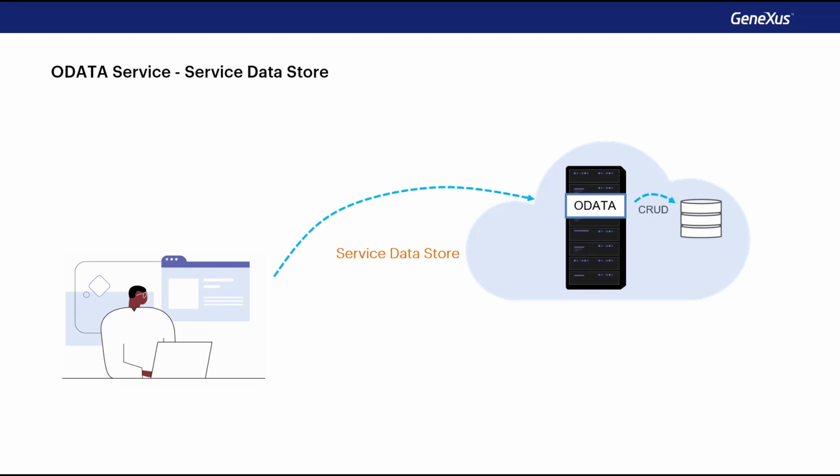In this way, a Genexus navigation can be calculated on this data store and then translated into a query to the external source. The definition of this service, be it the URL, the access credentials, and so on, remain in this service-type data store, and the dynamic transactions created are also associated with it.